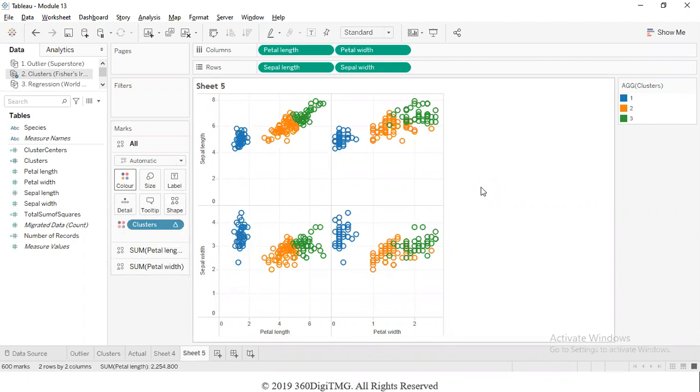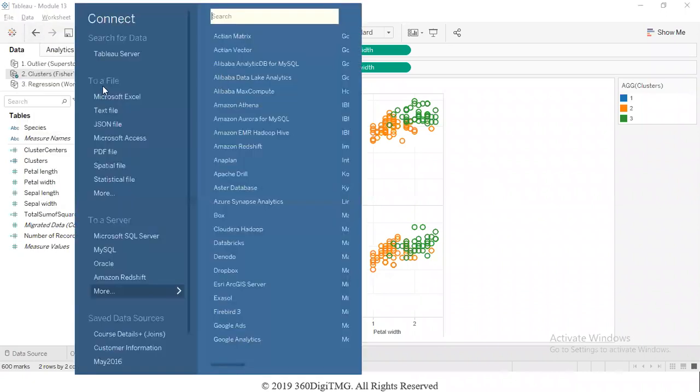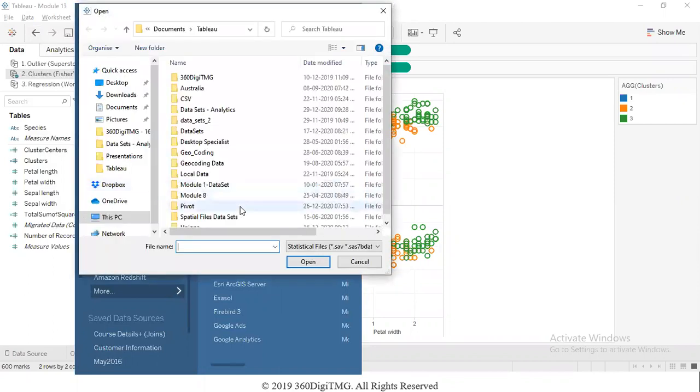Now, supposing you have created some R data file, then we can connect to R data files from Tableau directly. How do we connect to R data files? Just like we connect to any other data file, new data source, like we connect to Excel or like we connect to text. Like that, if we have to connect to a statistical file coming from R, then we will use the statistical file option. Which are the files which Tableau supports? It supports SAS files, it supports SPSS, and it supports R data files.